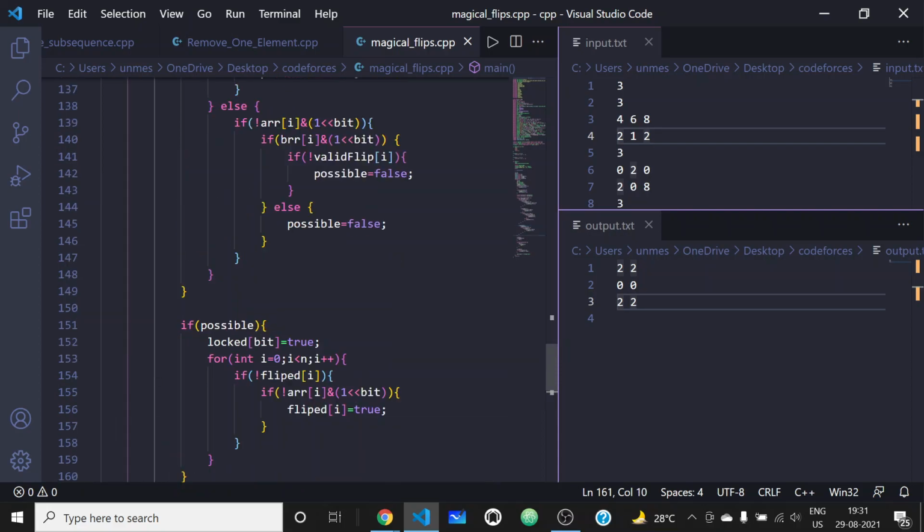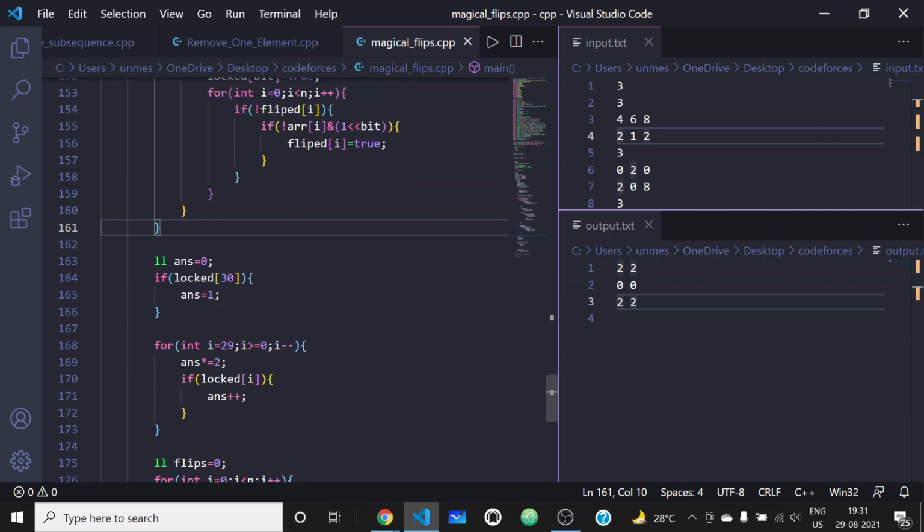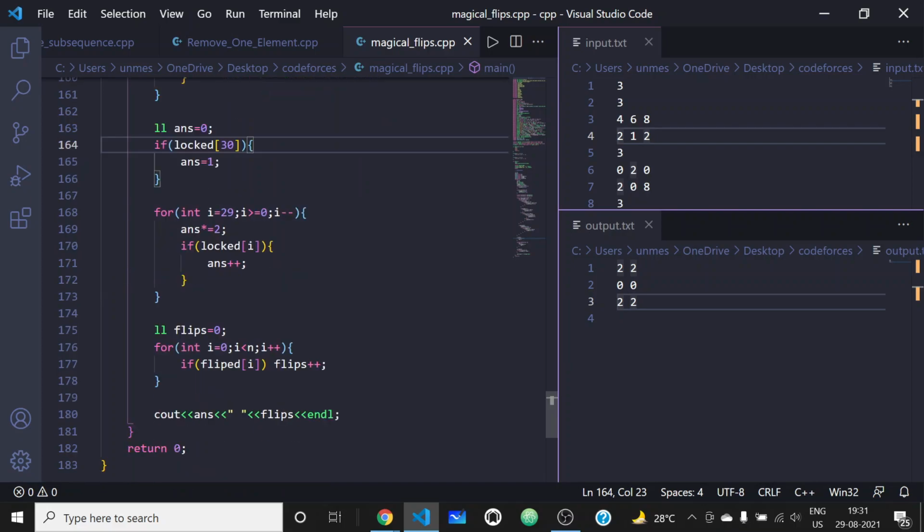So while doing all this, we will have the boolean array for locked bits, and using it we can construct the answer. I am first marking the answer as 1 or 0 for each of the locked 30 bits, and I am just multiplying each previous answer by 2.